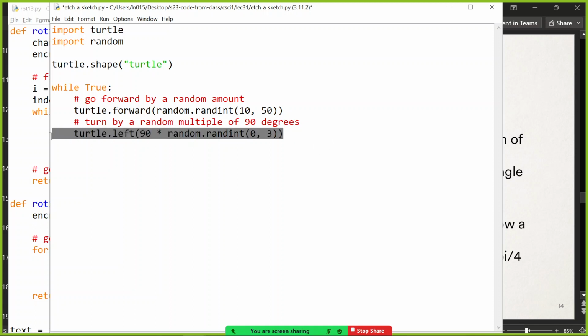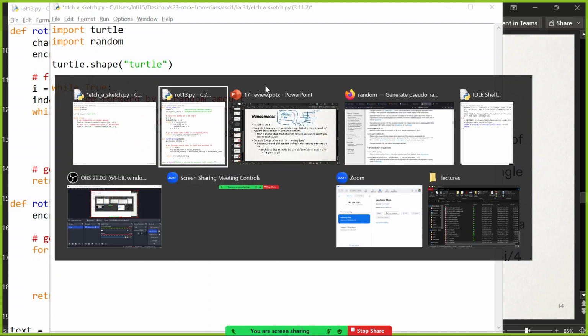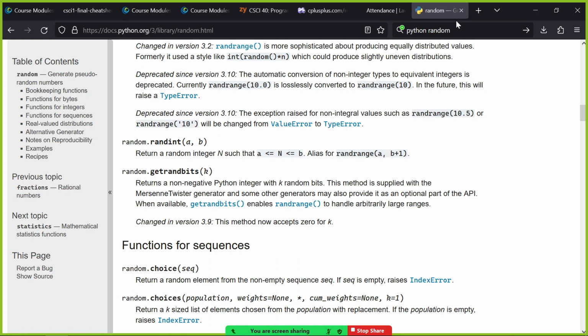Those are your options, turtle. You turn left by 90, 180, 0, 270. They're all there. So you could also just do right. It's the same thing, same idea. You get both. But that's the goal. And we'd also like the turtle to stop once he tries to go outside of the range, so we're going to try and make sure he stays within.